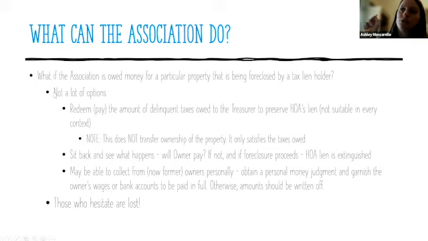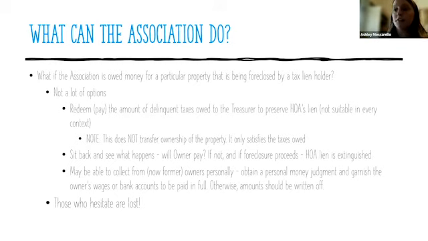So turning back to owner property tax liens, that tax lien holder's foreclosing, what can the association do? There's not a lot of options. I know everyone gets excited when there's not a lot of options. Option number one, again, is for the association to pay the amount of the owner's delinquent taxes owed to the treasurer. The reason that the association would do this is solely to protect and preserve the association's lien on that